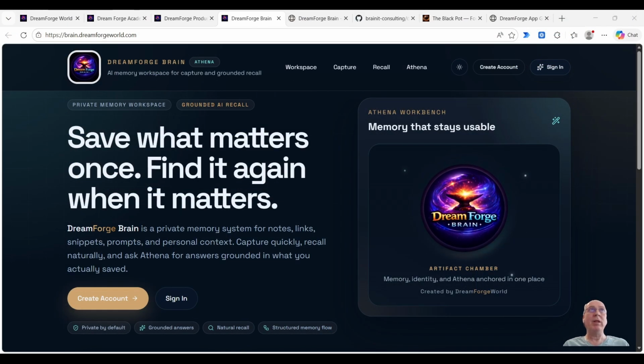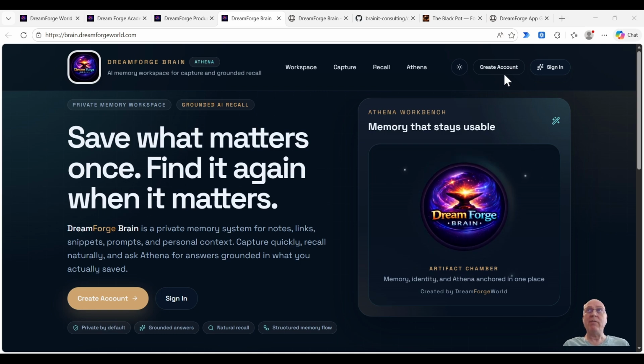Okay, so welcome to Dreamforge Brain. This is an application I built to illustrate how you can use AI to help you remember things, how you can use AI to help you retrieve those memories and keep your thoughts together and organize them. So this is for people who want to learn how to use agentic coding, AI integrations, and in this demonstration, this is a real app we built.